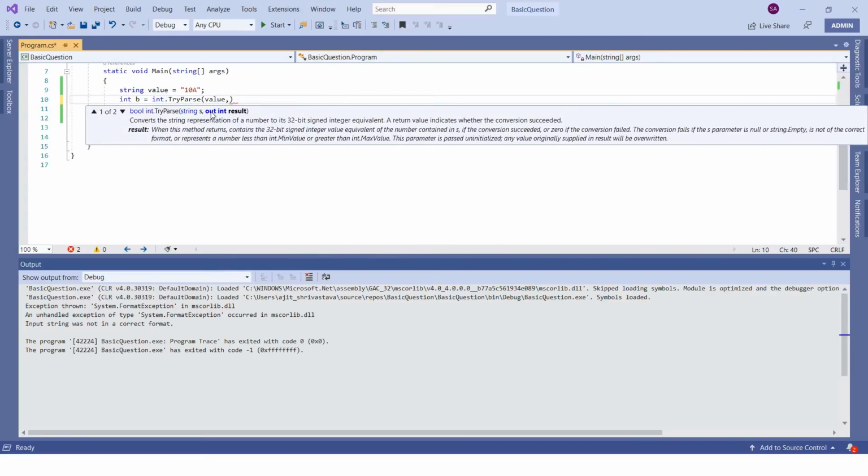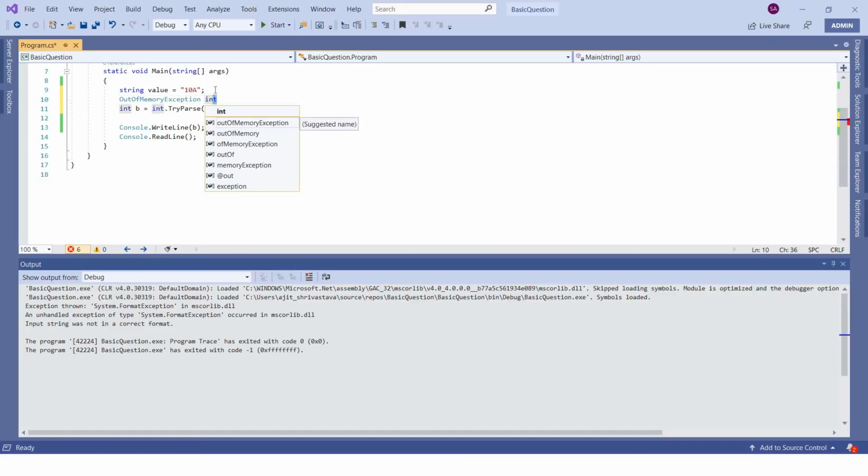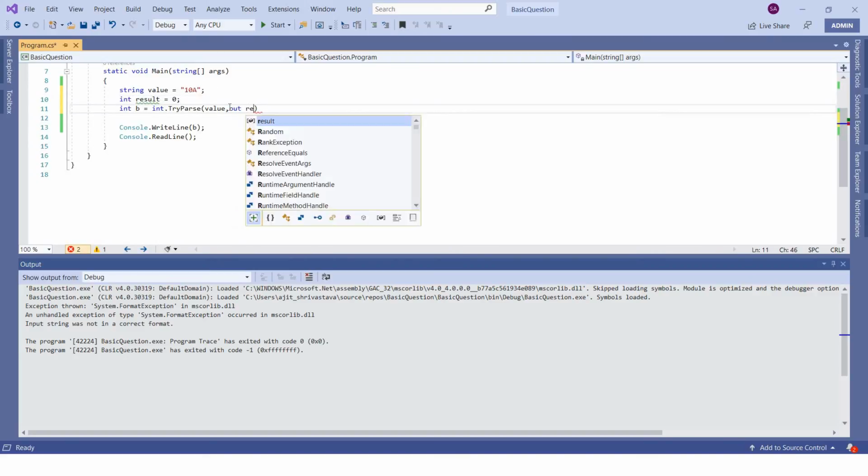The second parameter is out int result, so we need an integer variable. Don't worry about this out, I'll try to cover it in later video sessions. For now, just think of it as int result equals 0, and you just pass it as out result.